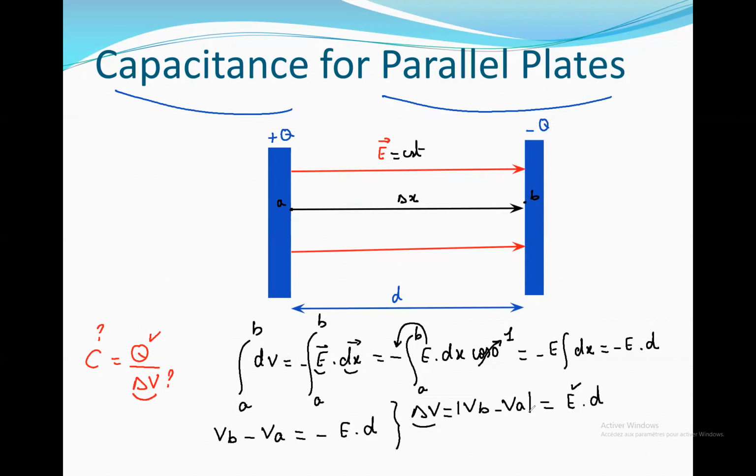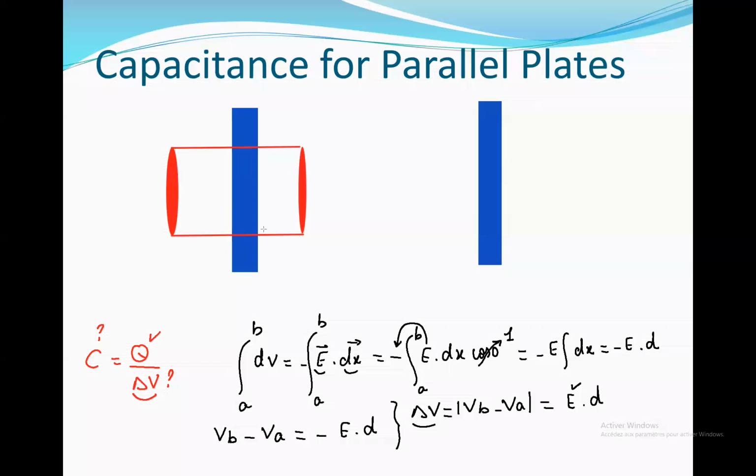We can use Gauss's law. We calculated E in the case of a plate. As you see here, I need to calculate the field between the plates. In the case of two plates, I need just the electric field between them. We don't have a field outside. So we can find the field at this point. It must be constant, and you can find it at any point here. E is constant.